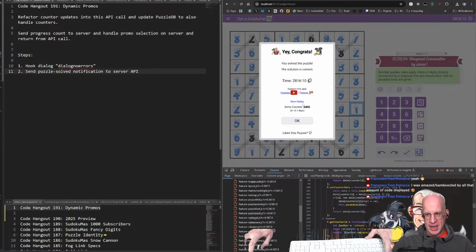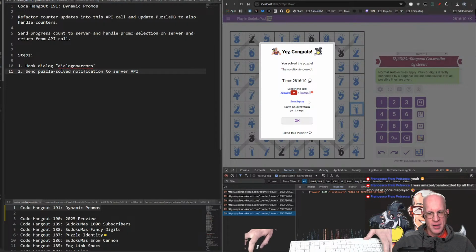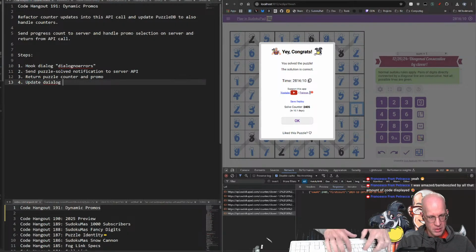Right now, it'll be cached, but you see there's a moment. So it actually waits for the server to return that count number. So that count number is already trying to be up to date. It's kind of the same thing, but not just the count, but also the promo. Return: we want to return puzzle counter and promo